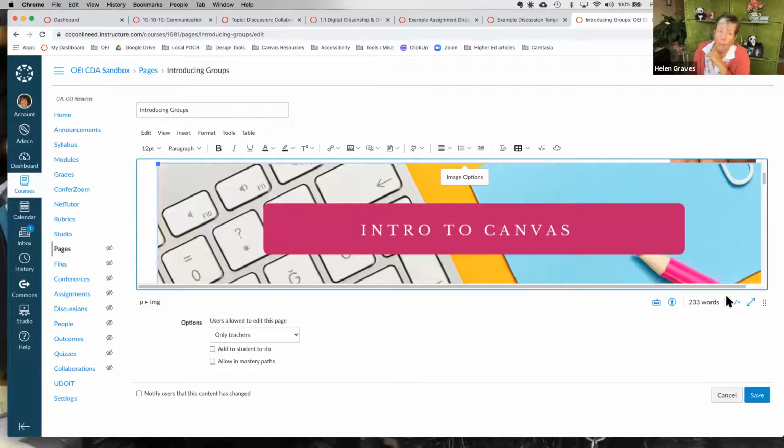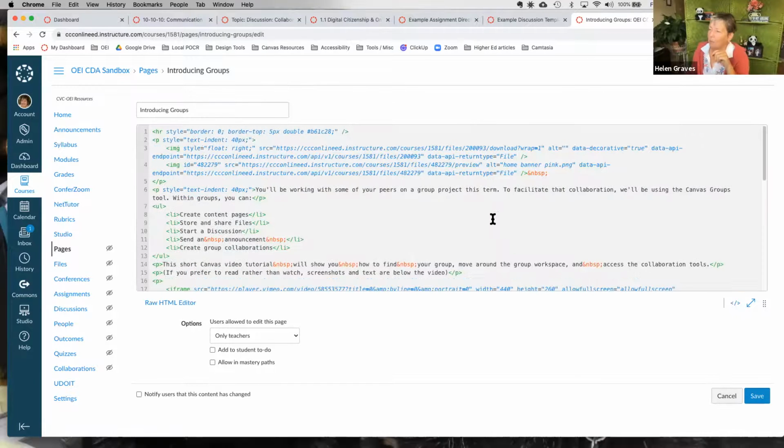Do you want me to show you right now, Chloe? If it's okay with everybody else, yeah. It's not hard. You just have to, and well, it won't matter if you weren't in the code before, but Canvas has now made this an actual code editor. Hallelujah. So it's much easier to figure out where you are.